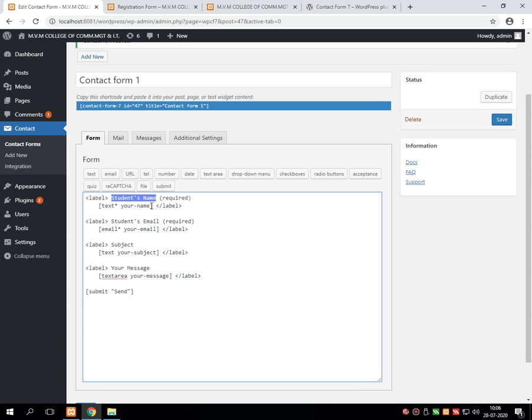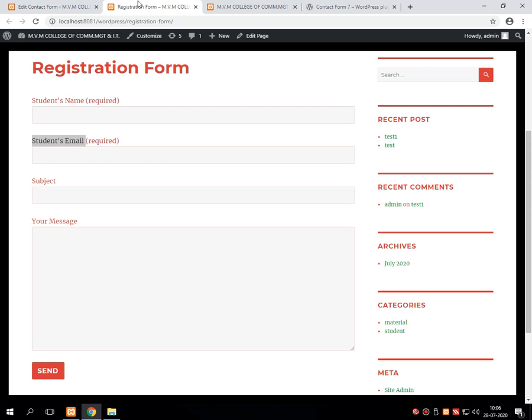Now what I am doing next, I am putting one more text box over here which accepts the student's number.